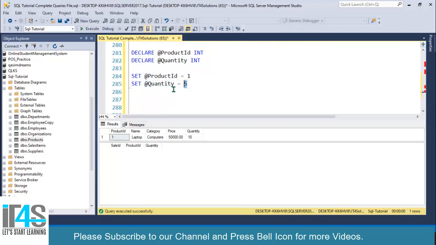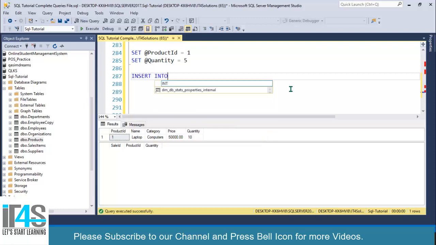Our stored procedure should insert this order record into sales item and should also subtract this quantity from the products table. So let's make sure by inserting the record: insert into sales items, and I will specify values, product ID and then quantity.